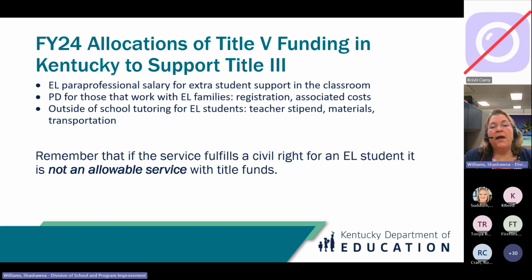So other things that you could use your funds for are recruitment of staff trained to support immigrant children and youth, provide tutorials, mentoring, or academic or career counseling for immigrant children and youth, and activities coordinated with other entities to offer comprehensive community services. Again, as with all these other examples I've given, this isn't an exhaustive list. These are just ways that our state is using their Title V funds.